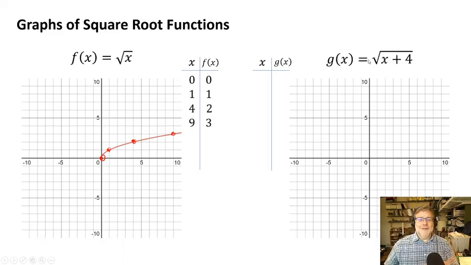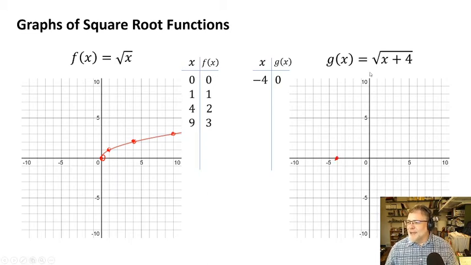Let's do the same thing with this radical function here. It's a little bit more complex, but what is the number that I get if I put in -4 for x? Now, why did I choose -4 for this? Because -4 plus 4 is 0. I'm aiming specifically for this 0. So I'm asking the question, what number do I put in for x in order to get 0 as an answer? So there's that point,